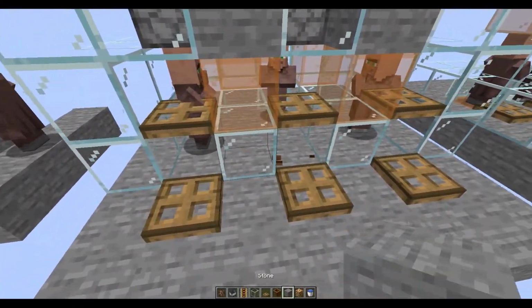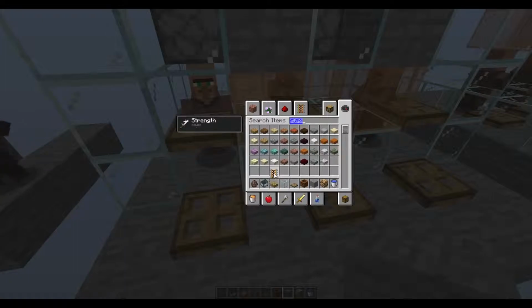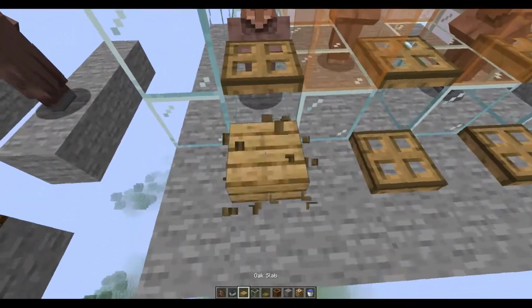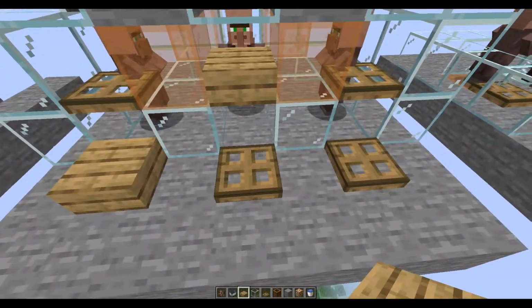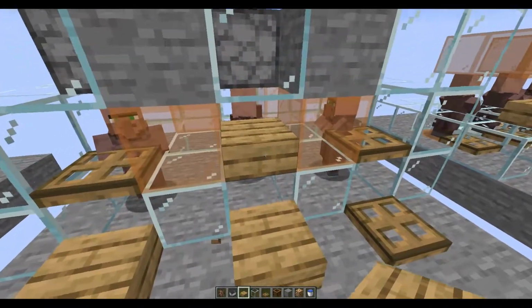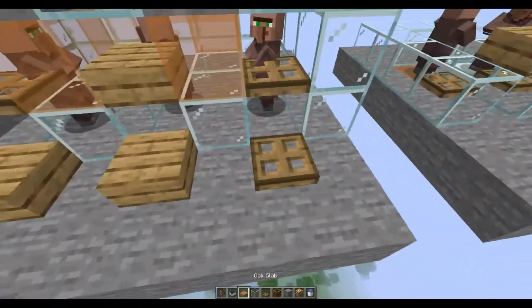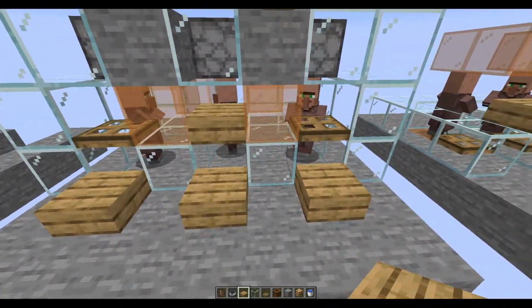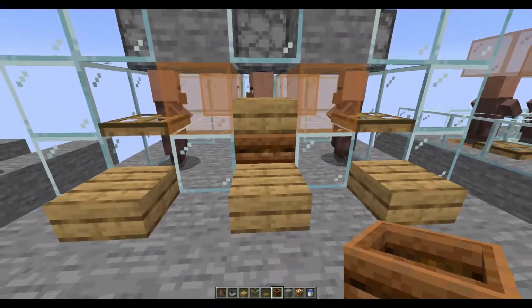How you can fix this is putting slabs here or here. I would recommend here. But if you're going to use a water pusher, then you need to have them down here. And then it doesn't matter if it's like this or if it's like this. As you can see now, they can't pathfind through these slabs, so